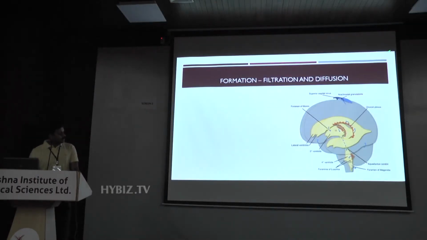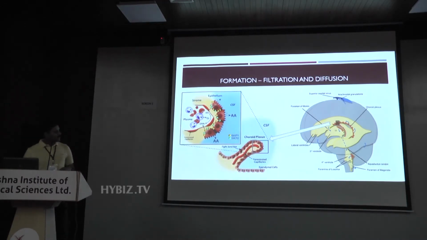If you see the ventricles, there is a plexus of vessels called the choroid plexus. The serrations in red over here are the choroid plexus, and if you zoom into one of these serrations, it's something like this. It's a bit complex. The ventricles are lined by cells called the ependyma. These are the ependymal cells, and these are the blood vessels which grow into the ependymal cells, and this forms the choroid plexus tuft.